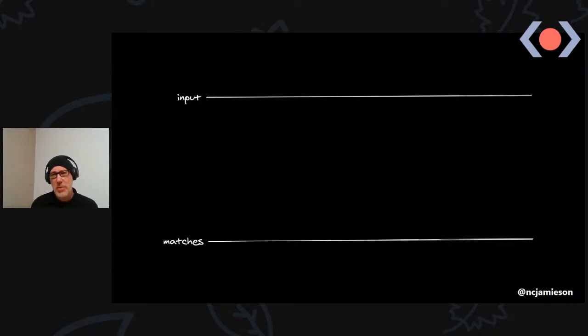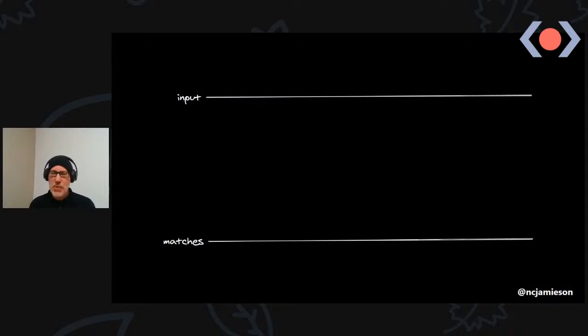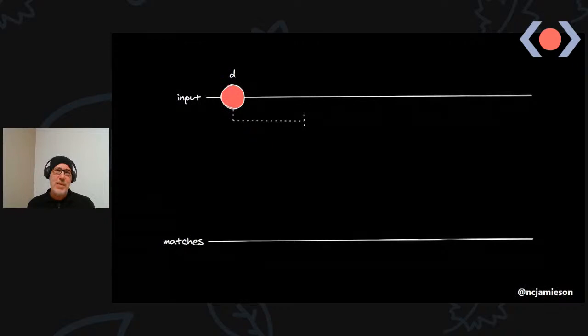So in this case, we're going to be taking an input and we're going to use it in a find user component. So we'll take the input and we'll call GitHub's search API to get users that match the characters that have been entered. So the user starts off and they type in a D. Now the debounce implementation is going to have an internal timer. So we're using debounceTime, and that timer ticks along, and when it gets to the end, it will fire off a notification, and we'll use that with switchMap to hit the GitHub API and pull back some information to find the users that match the character.